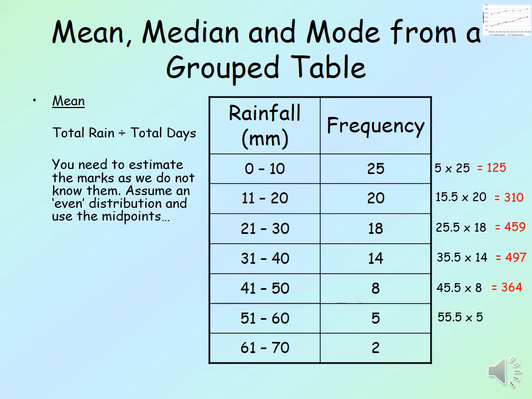The midpoint of 51 to 60 is 55.5, multiplying that by 5 is 277.5, and the final one, the midpoint, is 65.5, multiplying that by 2 gives us 131, and when we add all that together we get